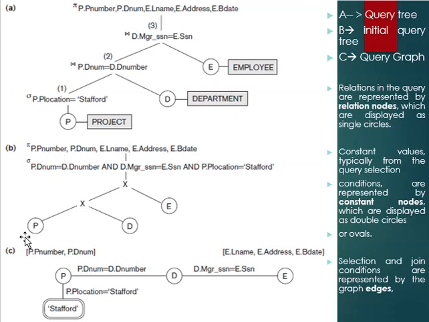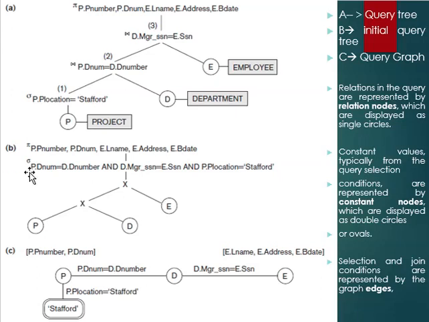So the execution always starts from the leaf node. From the leaf node, first we cross P and D. It will result in a big table which contains both P as well as D. On that table we will cross E, so it will create another big table which contains all the attributes of P, D and E. So it is actually a big file, which consists of all the tuples of P, D and E in join format, with all the rows.